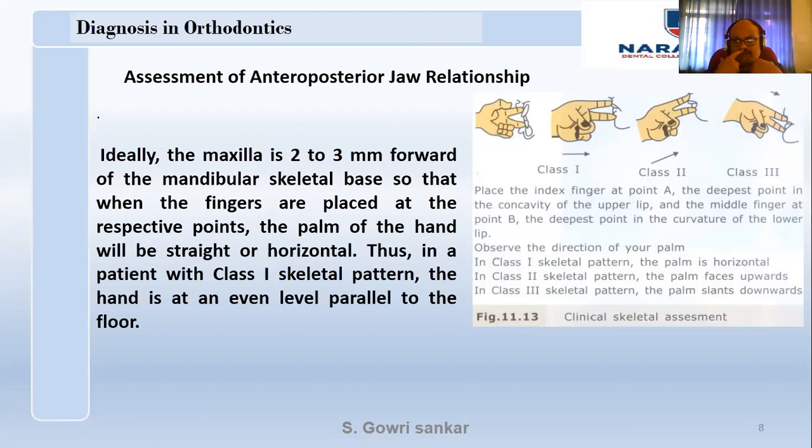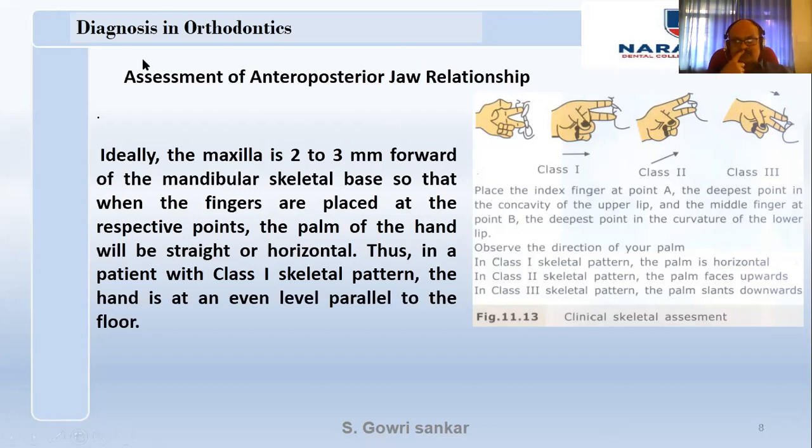So this point, in all of us, we have a little bit of this point A compared to the point B or the mandibular skeletal place. Whenever you place your fingers like this, it should be a straight pointing. Whenever you try to pose between the patients like this, it should be 90 degrees, or the horizontal portion of your hand should face, the palm should face vertically downwards. It should be a class 2 condition.